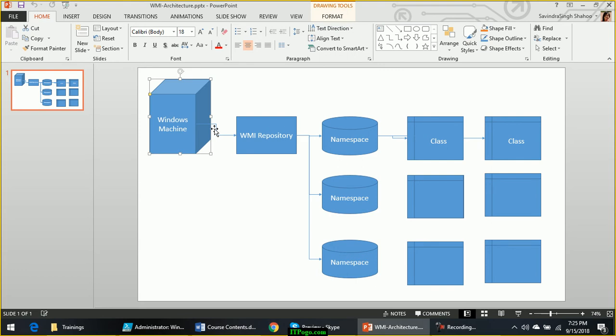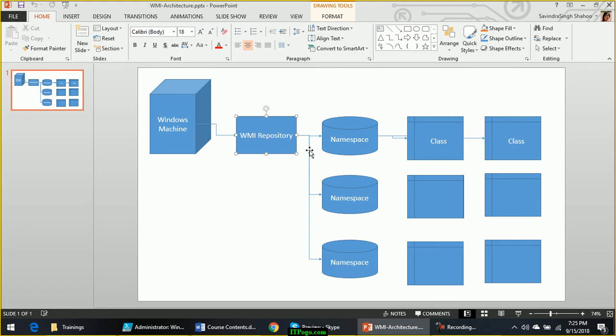On every Windows machine, whether it is a client OS or server OS, there is something called the WMI repository. It is a kind of database, but it is not actually a database, because the definition of a database is different than the definition of a WMI repository, but both are used for storing information.